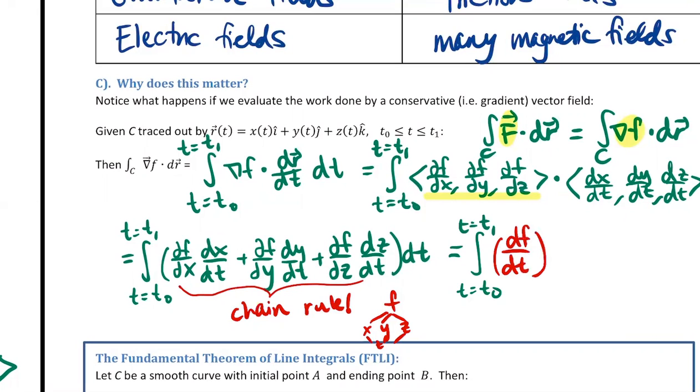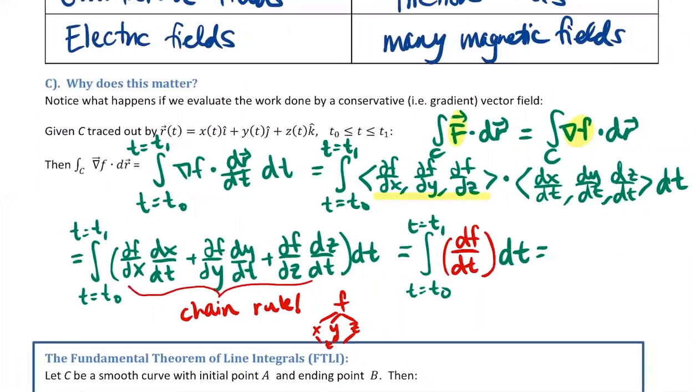So that's this, and then dt. Okay, but now think of what we're doing. We are integrating the derivative of a function. We know from Calc 1 that this is going to simplify thanks to the fundamental theorem of calculus